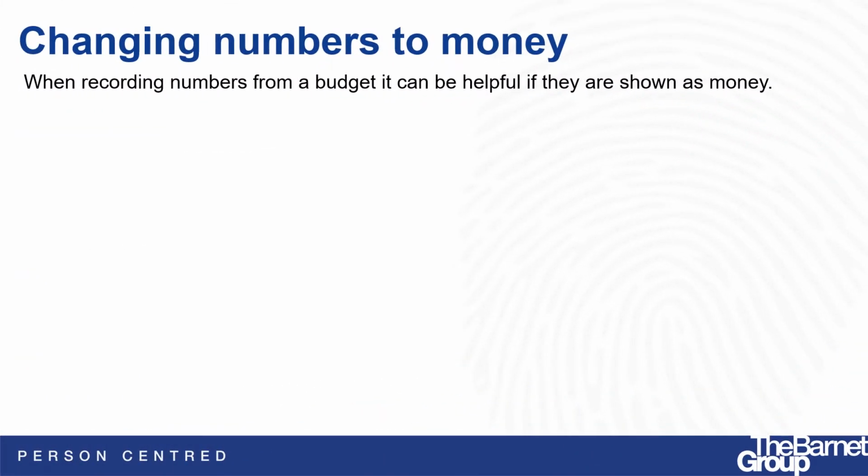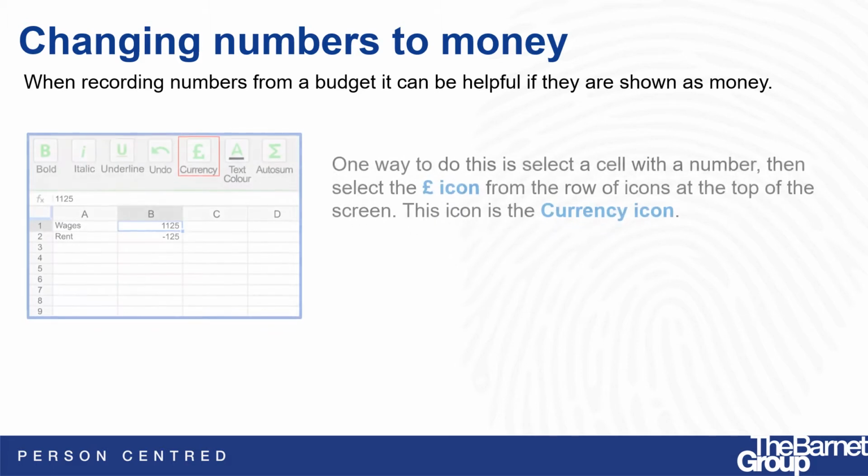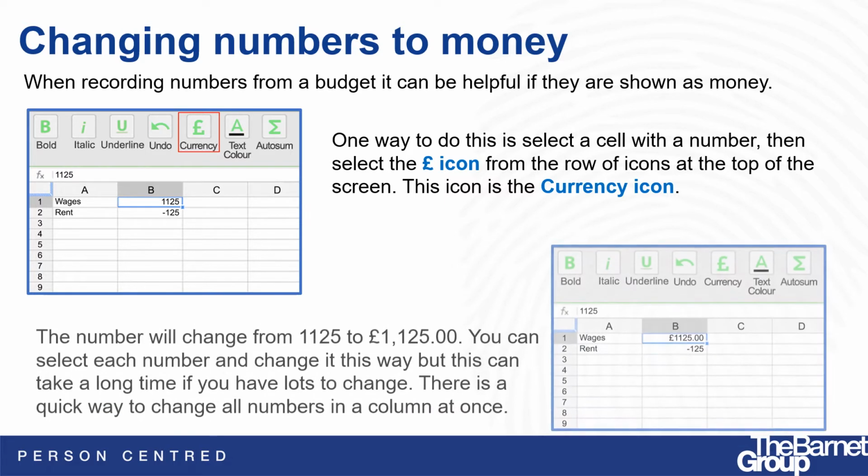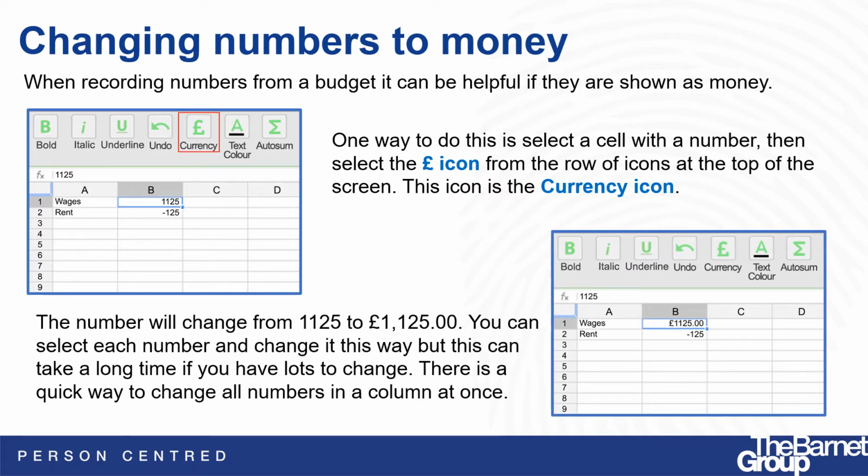Changing numbers to money. When recording numbers from a budget, it can be helpful if they are shown as money. One way to do this is to select the cell with a number, then select the pound icon from the row of icons at the top of the screen. This icon is the currency icon. The number will change from 1125 to